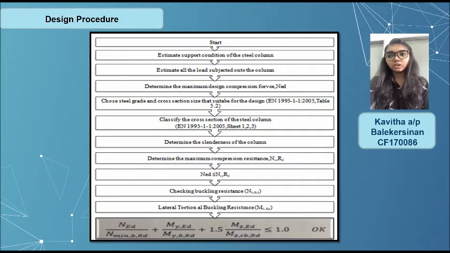Choose the grade and cross-section size that is suitable for the design. The next step is to classify the cross-section of the steel column. We have class 1, class 2 and class 3. Determine the slenderness of the column. Next, determine the maximum compression resistance, then check buckling resistance, and the last one is lateral torsional buckling resistance. At the end of the calculation, we have to get a value less than 1.0, which means the